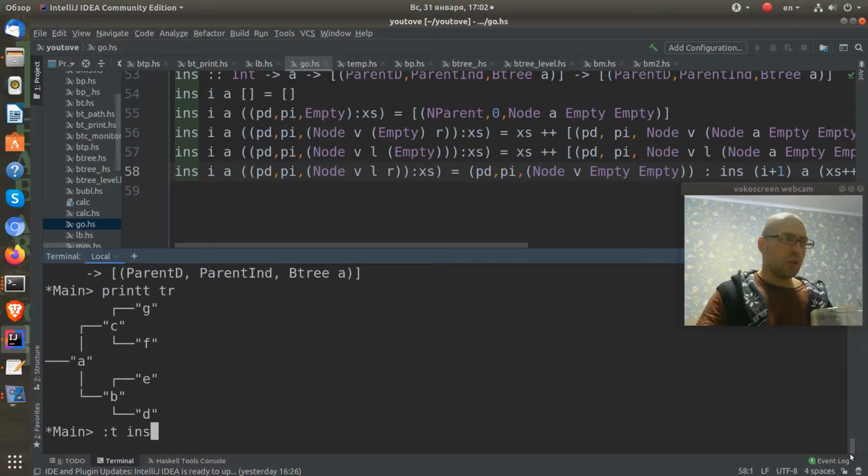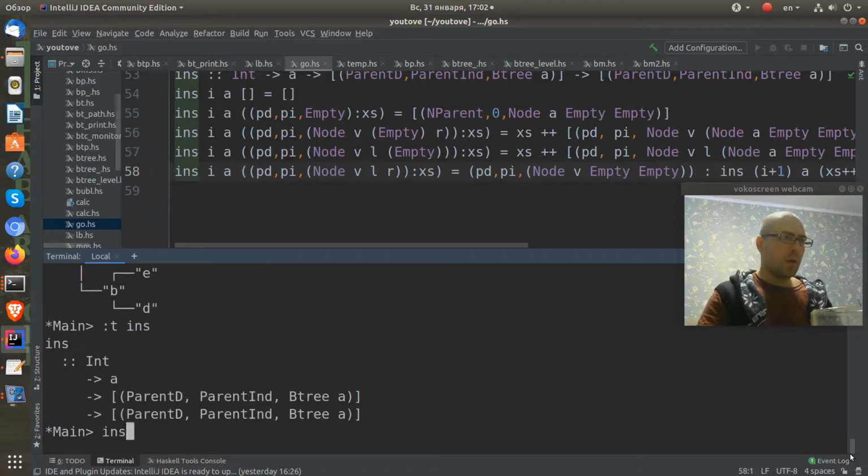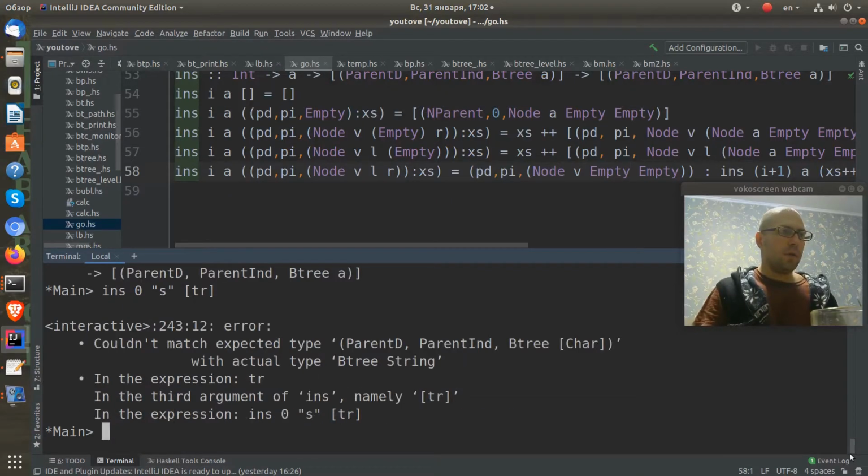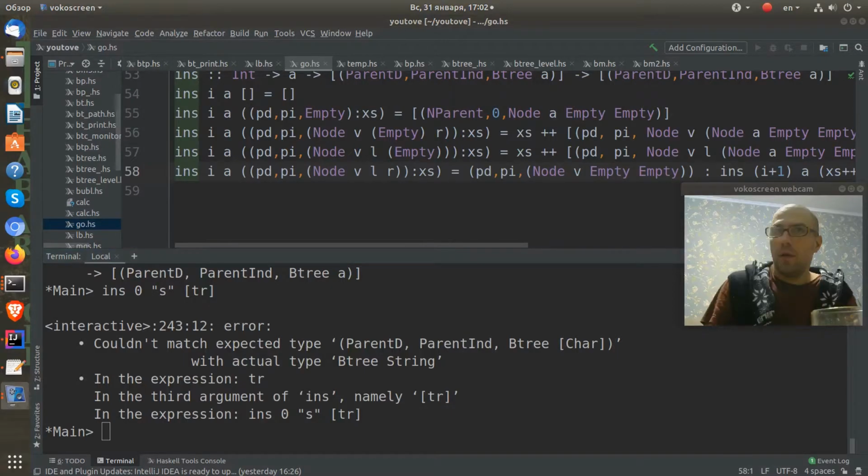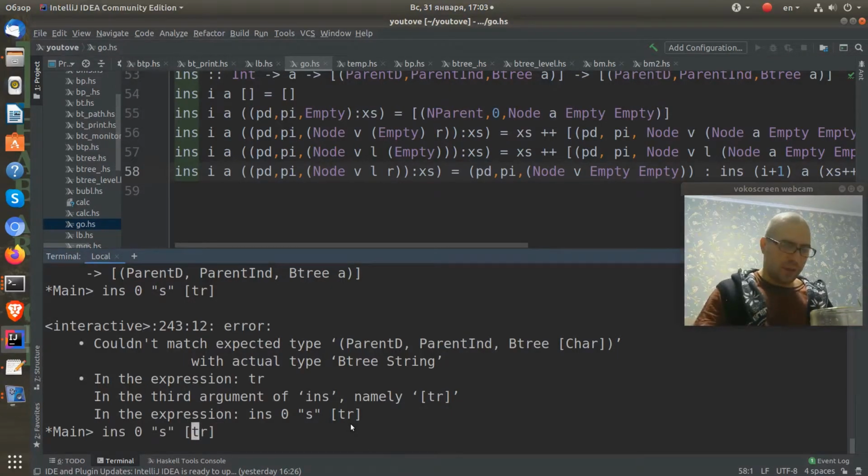and now I will use our ins function. I will start from 0. I want to put S here, and I want to reconstruct a tree, our tree. So I need to wrap it into the list to continue our construction. And let's call this. Okay, some problems. Of course, I need to use not the tree itself. I need to use a triple here with parent direction,